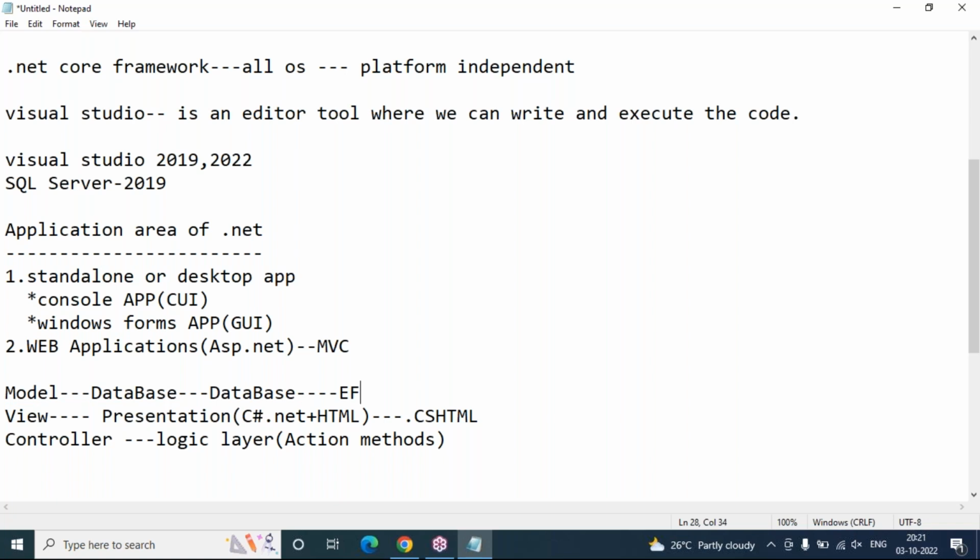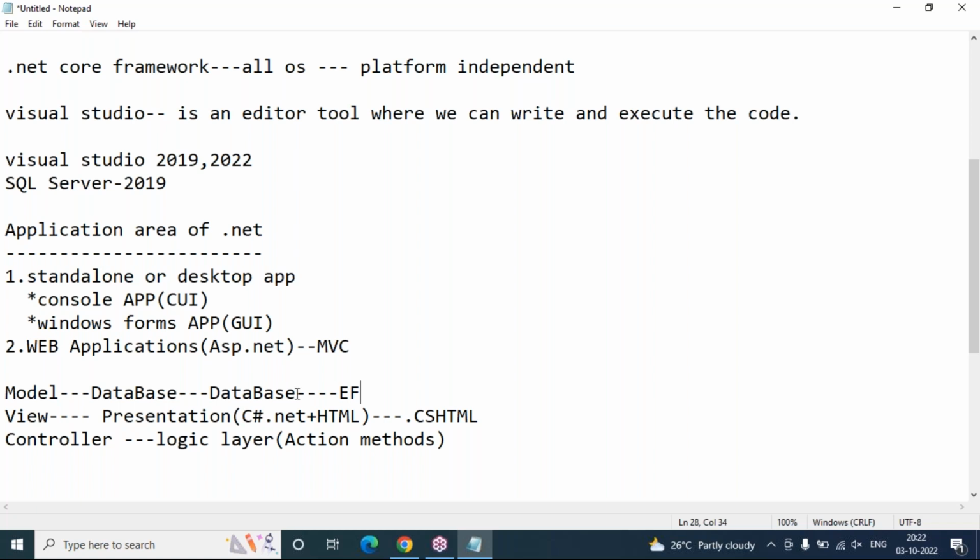Models in ASP.NET MVC are generally prepared through Entity Framework. In the normal .NET Framework we have ADO.NET concepts. In our sessions, ADO.NET will also be discussed. When it comes to Windows Forms application, I'll introduce ADO.NET so that you get clarity on how ADO.NET works in the normal .NET Framework with Windows Forms, and how Entity Framework works on the .NET Core platform, especially with ASP.NET web applications. So you will get both ideas. What role will ADO.NET play in the normal .NET Framework with Windows Forms?